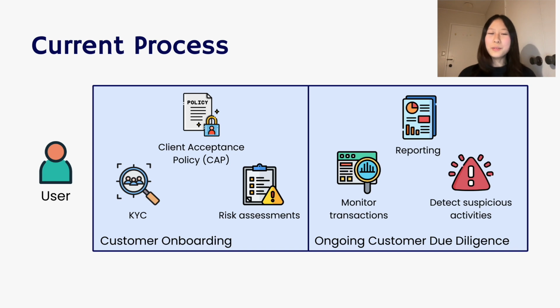Next, ongoing customer due diligence is a continuous process where businesses and professionals have to monitor the transactions of their clients constantly to identify, mitigate, and manage potential risks of money laundering or terrorism financing. This includes monitoring transactions, where you must manually check customer activities and look for unusual or suspicious transactions. These two processes often consume large amounts of manual labor and time, hence introducing operational difficulties for businesses, especially those operating at a smaller scale.